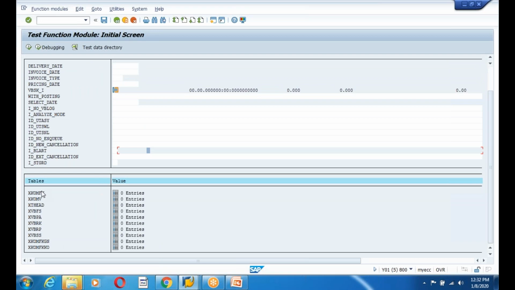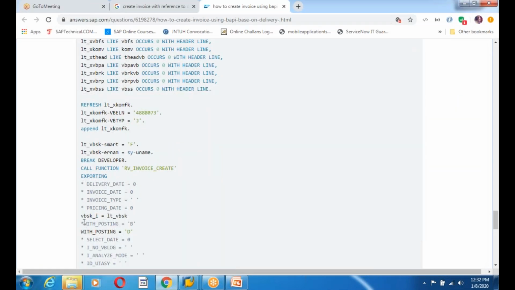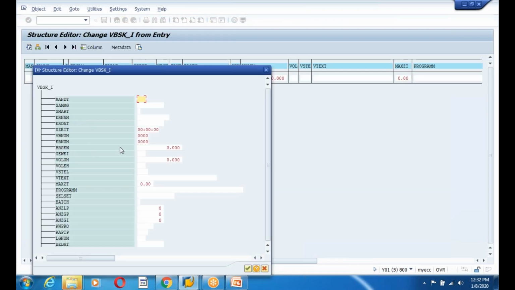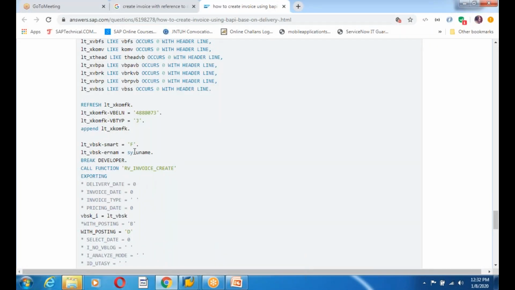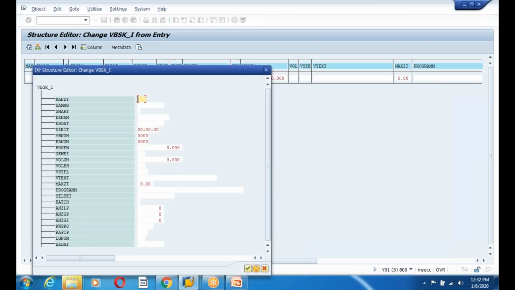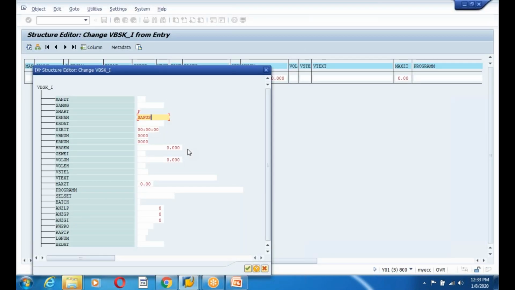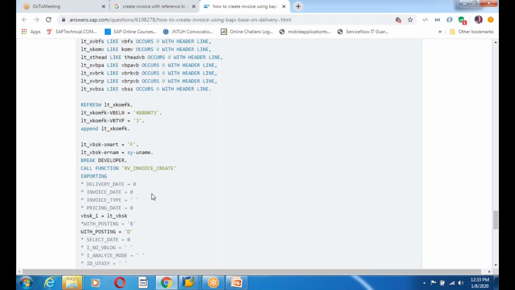VBSK, this one. VBSK underscore I. Void smart equal to F. ER name is SAP user. That's it. And next,